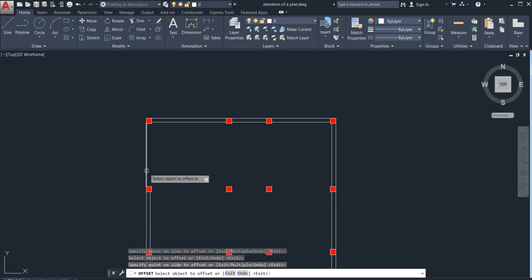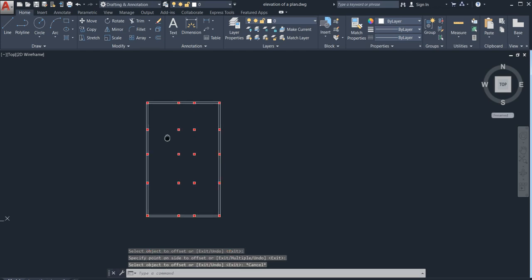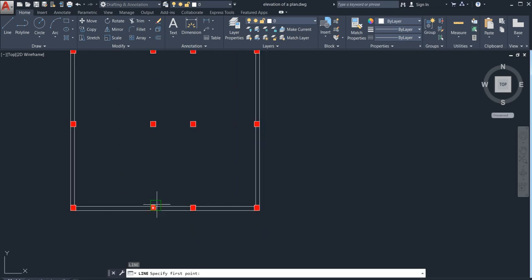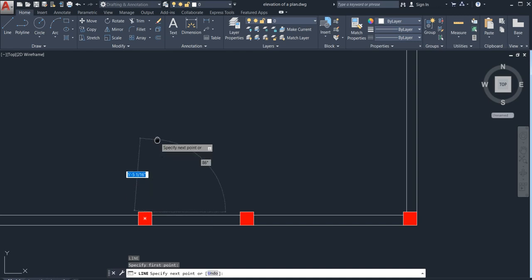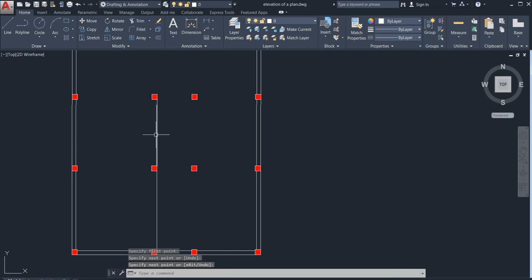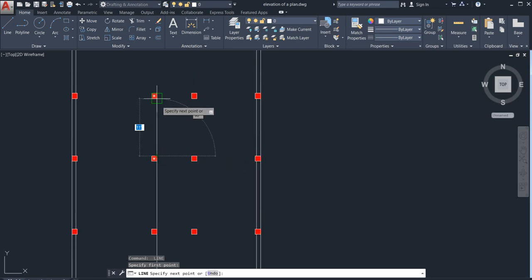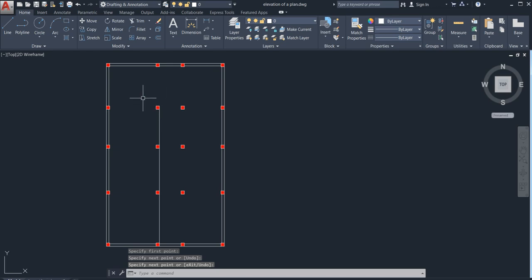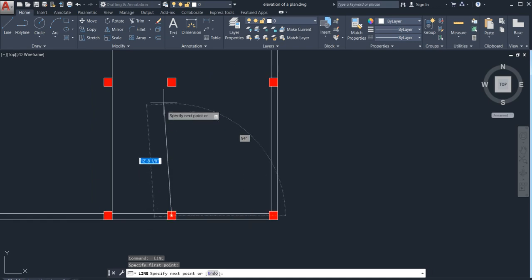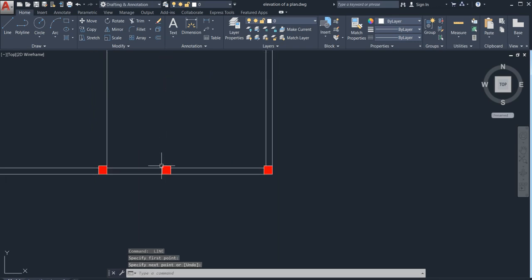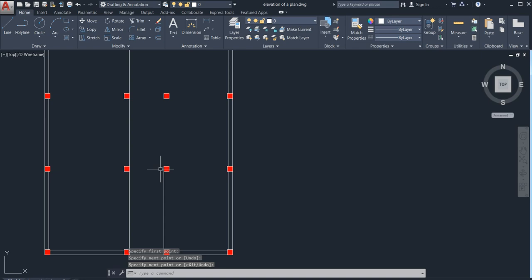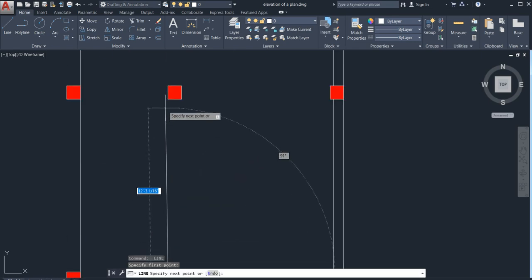Now you may be thinking that I need to draw here also. Yes, you are right. Just go for line command. Now you need to draw here also. Just go and connect one to another. Just go and connect one to another. Like this way you need to go. You may be thinking that I haven't connected here. Yes, you are right. I do not connect here because I will keep the dining room there, as I have shown you in my previous plan of a building. That is the reason I need to keep it.